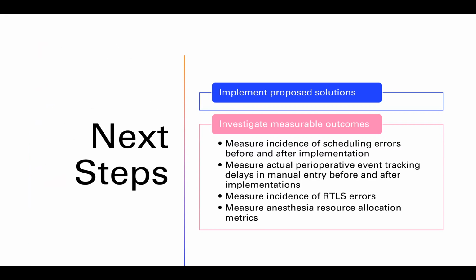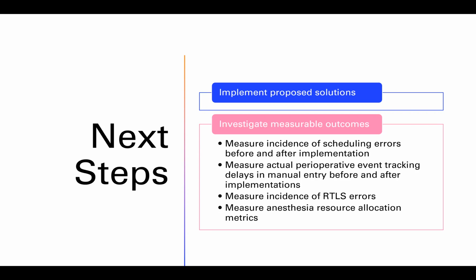The next steps in this would be to try to implement some of these solutions and then investigate measurable outcomes. This could include measuring the incidence of scheduling errors before and after implementation of any of these, measuring the actual perioperative event tracking delays via manual entry before and after the implementations, and also measuring the incidence of RTLS errors, and then